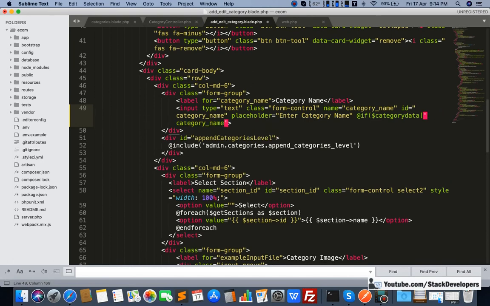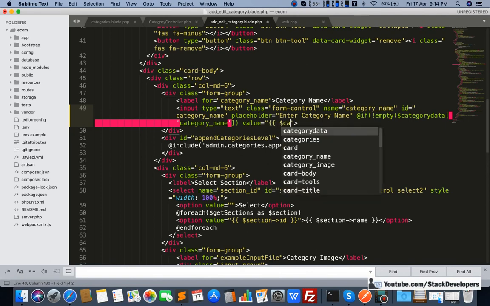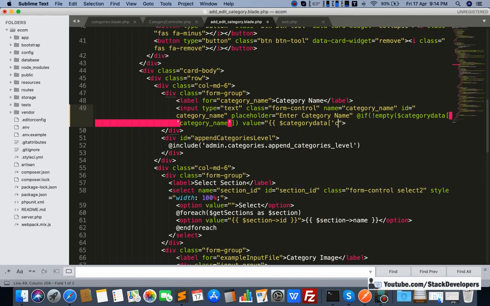If it is, I'm going to add if not empty. Okay, then I'm going to add value, and in value I'm going to show dollar category data once again and category name. Okay, and this one like this.